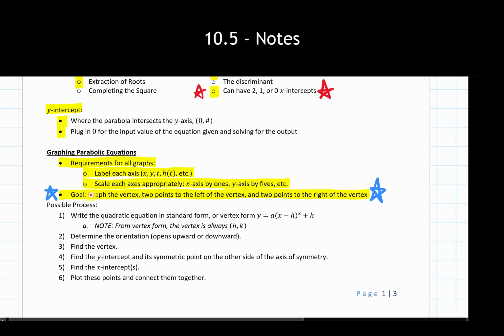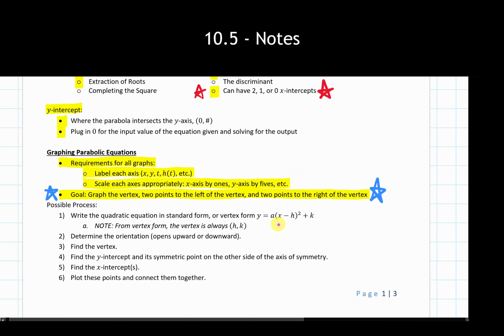So we can first start by finding the vertex. So we're going to use the quadratic equation, or we're going to be given something in vertex form. Maybe it's given to us in a factored form. I think getting it to standard form is very helpful. That way we could find the vertex fairly easily with our methods that we discussed previously.